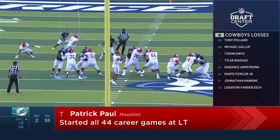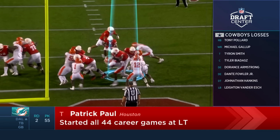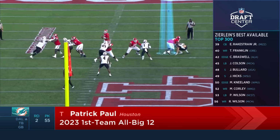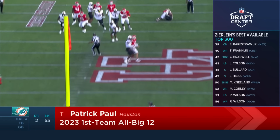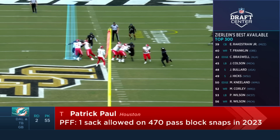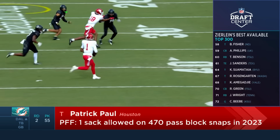If you have long arms, that's great if you're timed up. If you don't time your punch well, all that length goes away and people get into your chest. But that's a matter of coaching. That can be coached up. I think the one area that he needs to work on is finishing blocks and being a grittier run blocker. Right now, as a pass protector, he's got the skills and the talent and the traits to become a good,